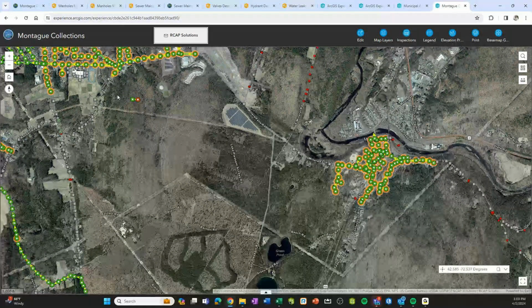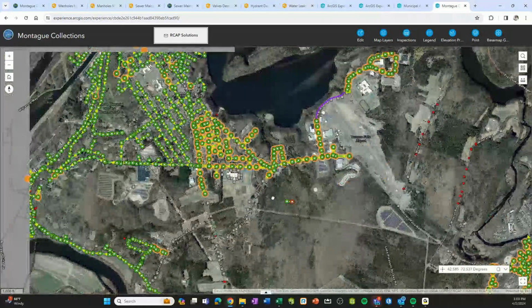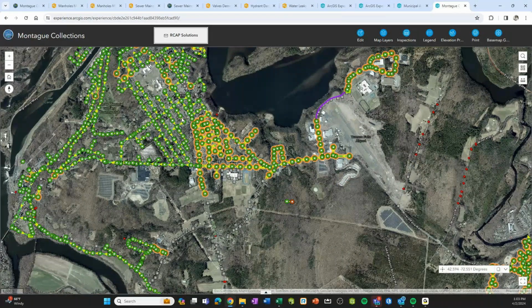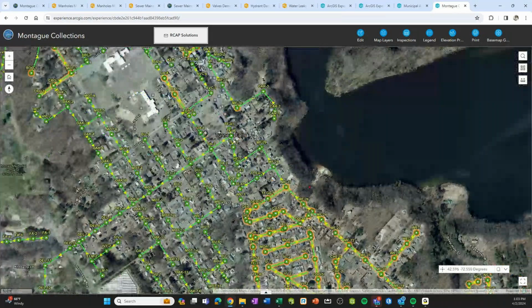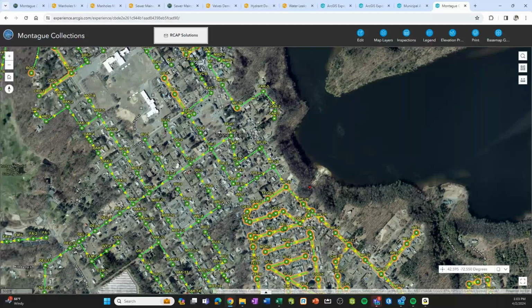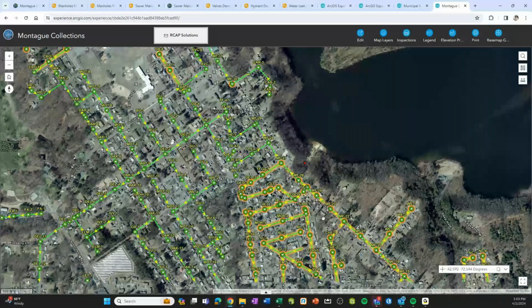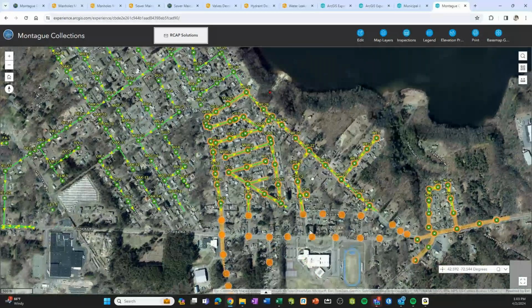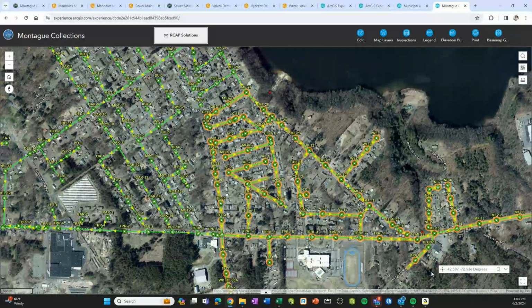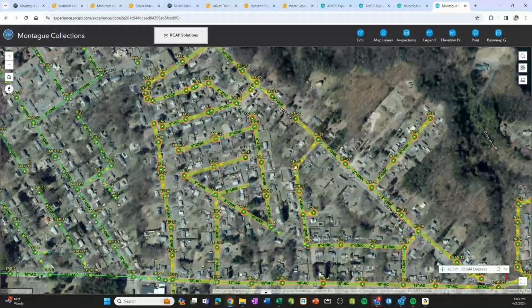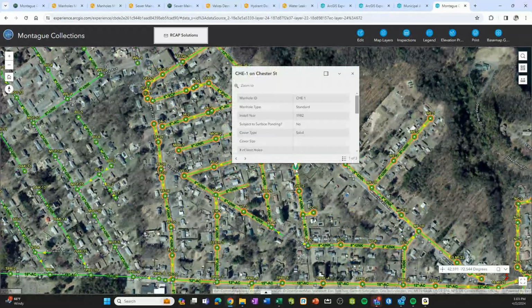inspected and jetted. So we can go towards their downtown area, Turners Falls, and see some of these manholes and mains haven't been inspected or jetted yet, but this is a quick way that we can track using GIS what we have jetted or manhole inspected. So for example, if I just click on one of these manholes, it'll have any basic